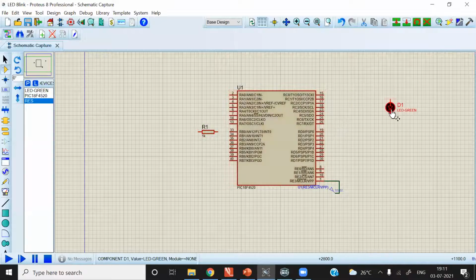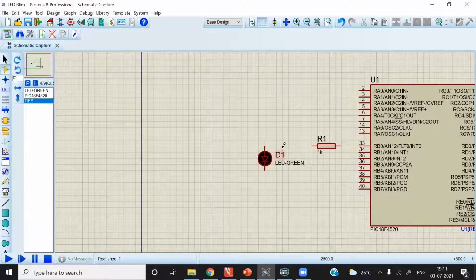Okay, now after that, I will drag the LED. Now we have to make connections. As I have already mentioned, to make connections with wires, you just have to click on one of the end terminals of any component, and drag that connection with the wire to another component's terminal. Then just click it, and it will make a connection.